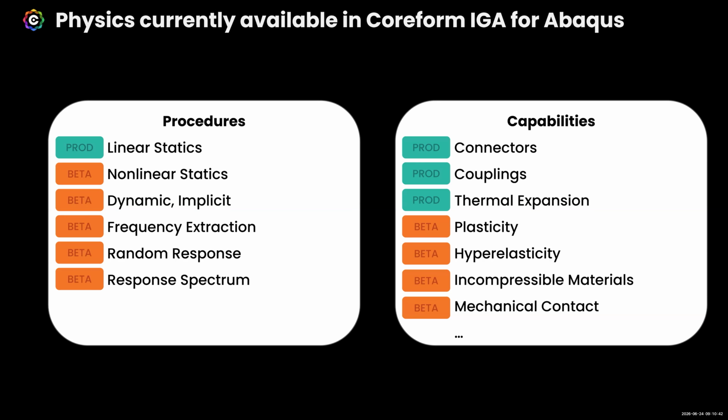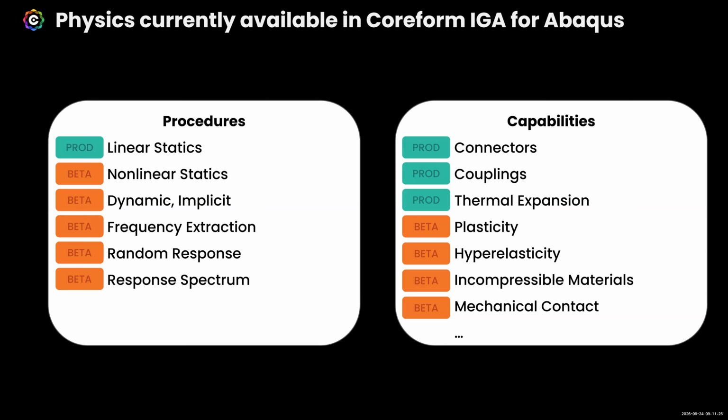And along with that comes a lot of other capabilities, such as connectors and couplings, as well as thermal expansion. But because we have user elements in Abaqus, that gets us a lot more functionality that users can start to explore. Those are what we consider beta functionalities. So everything from nonlinear statics, so that's essentially NLGeom on, but also implicit dynamic simulations, frequency extraction, random response, and response spectrum. And then additional physics capabilities like metal plasticity, hyperelasticity, incompressible hyperelasticity, mechanical contact,